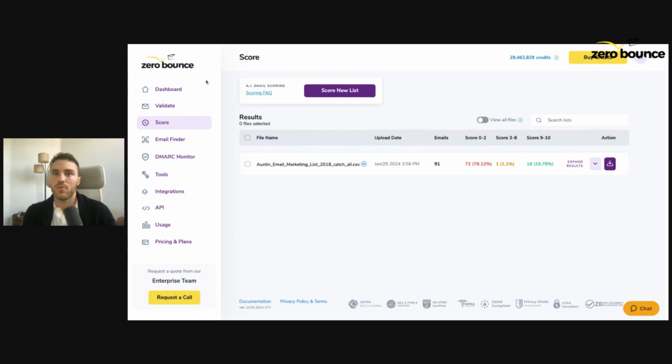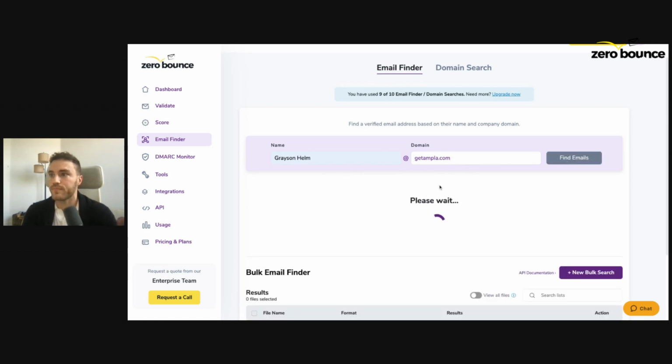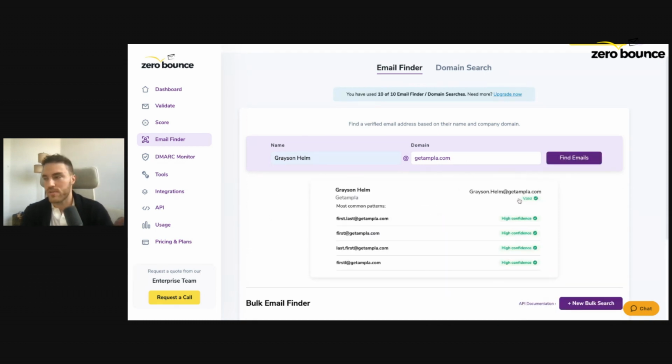So the other tools that we have, you may notice over here, we have an email finder where you can actually find emails. I'll just go through these real quick because I'm sure most people are here for the email validation component. Here you can find the email of a person if you give us the name and the domain of the company they work for. And then we'll spit out a result here. So here you can see this is my brother. This is his email at his company. We can tell you that this is valid